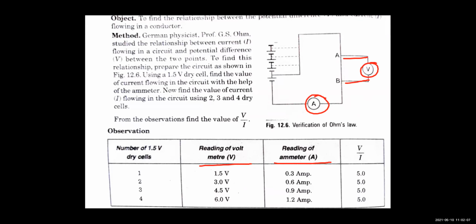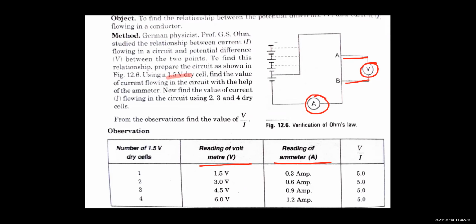And on this side, you can see there are a number of cells. So we know the cells provide the potential, they are going to provide the voltage. Now suppose the cells which we are using in this experiment are each of 1.5 volt, right? Means one cell is of 1.5 volt. Okay, so let's start our experiment. 1.5 volt, right beta? One cell is of 1.5 volt.